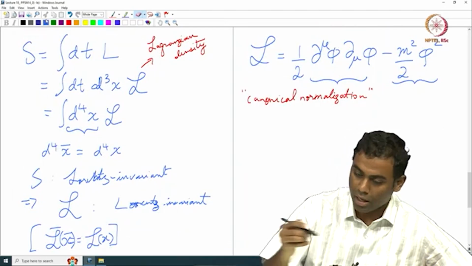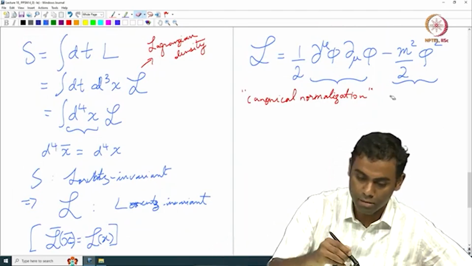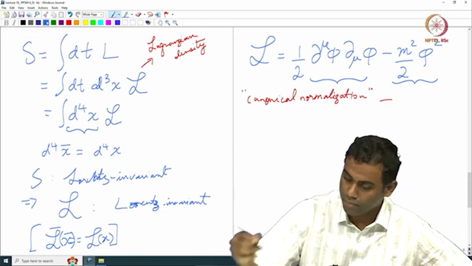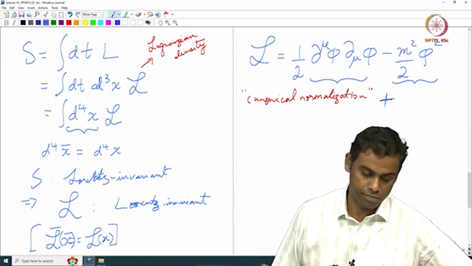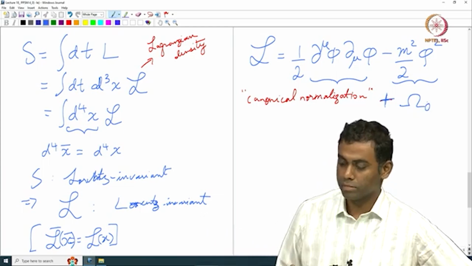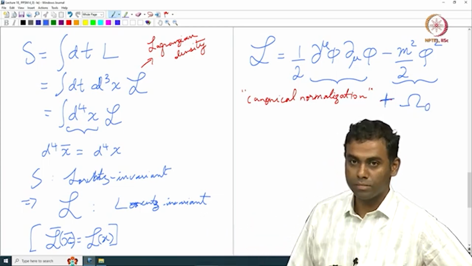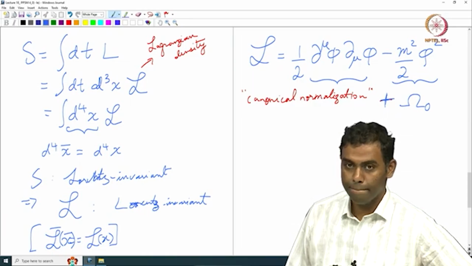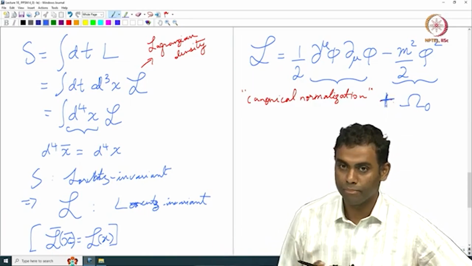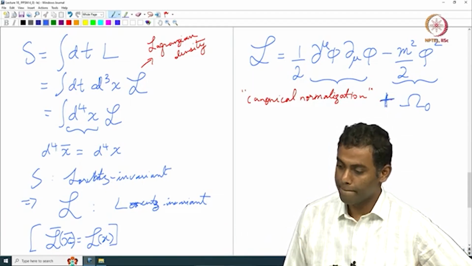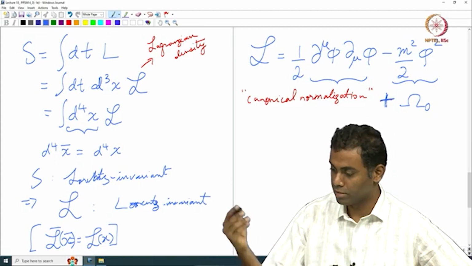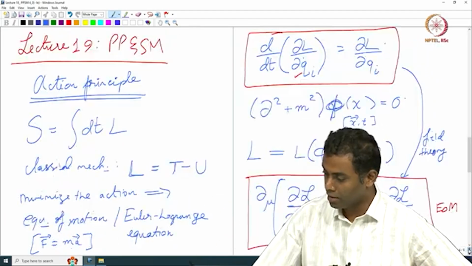Namely, I can just add a simple number. It's just a number. Agreed? It doesn't contain fields is what I mean. Right? And of course it's Lorentz invariant because it's just a number, and if I plug it into the equation